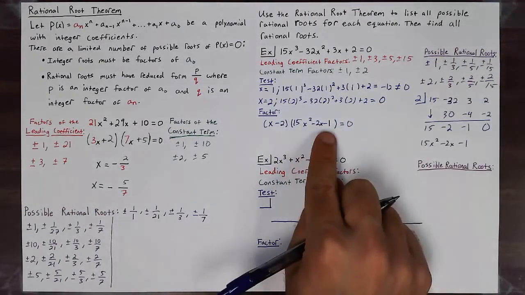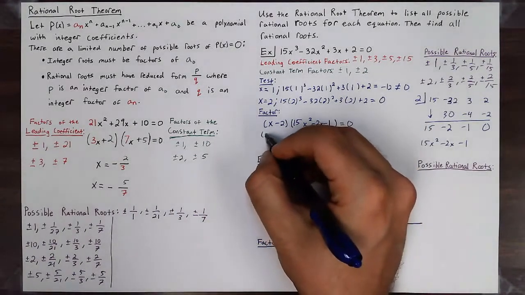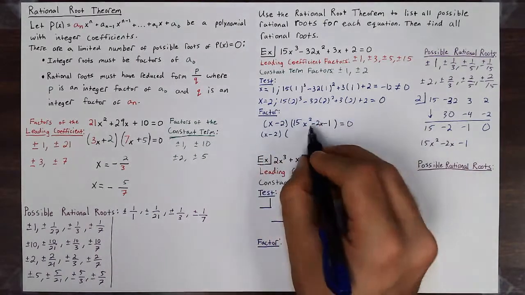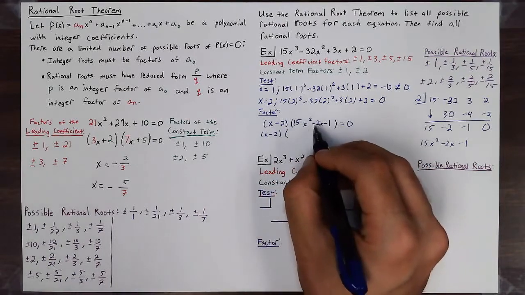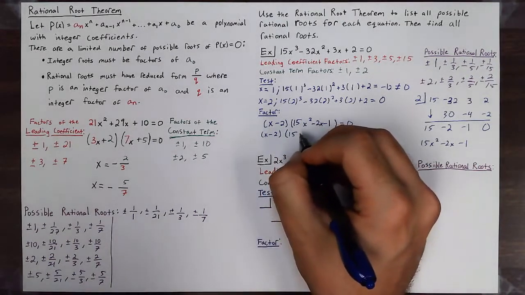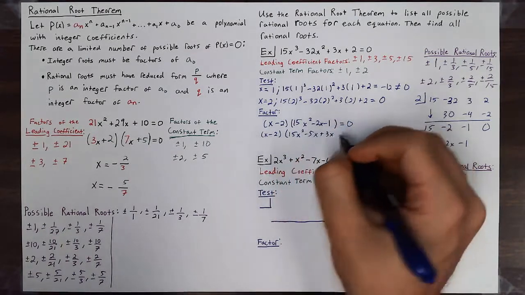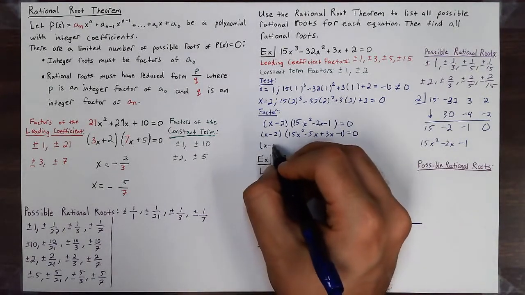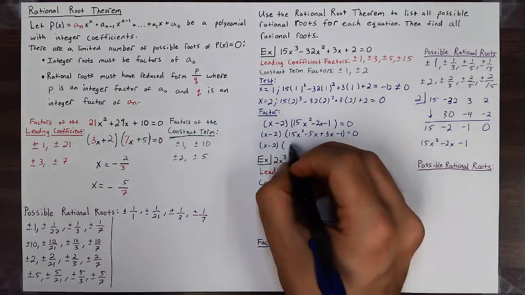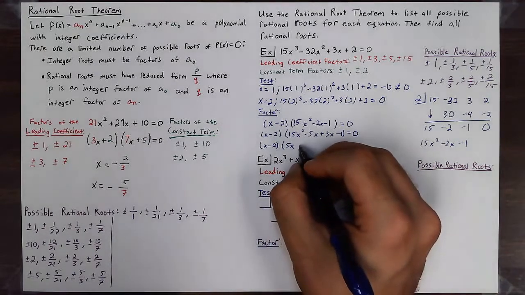So I found that other factor, and now this is just a quadratic, so I can go ahead and factor that one as well. That just requires us to find the number that multiplies to negative 15, which is a times c, and adds to negative 2, which would be negative 5 and 3. So I have 15x squared minus 5x plus 3x, then minus 1. Use grouping, and I'll get x minus 2 times a 5x comes out of that first group, leaving me with a 3x minus 1. The second group already is 3x minus 1, so I end up getting 5x plus 1